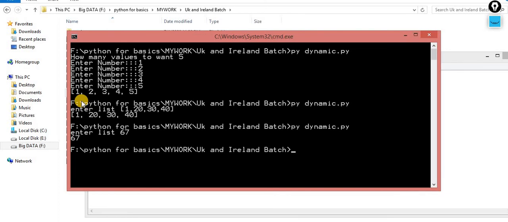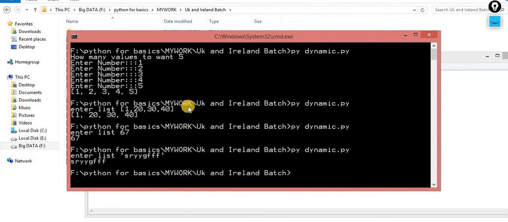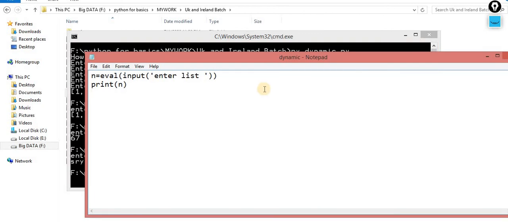And if I want to enter a string, then I have to pass the string in this format. Whatever value you send, it will give you the result in the same type.